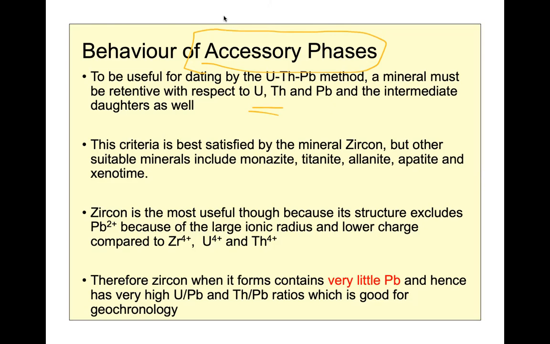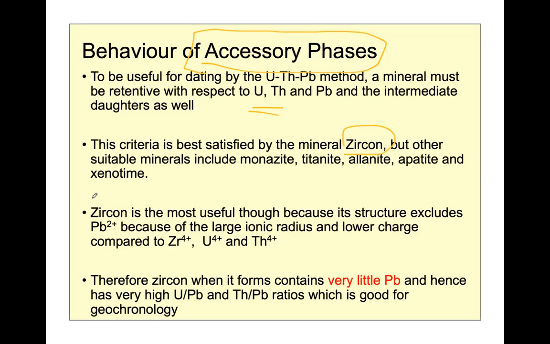Still, they contain some amounts of uranium and thorium, but the amounts are not sufficient so that you don't get a reliable determination. So maybe the error or the uncertainty is very large because detecting very low concentrations is very difficult in mass spectrometry, right? Very low concentrations will give you very high errors. When the concentration is low, you get high errors, right? When the concentration is high, you get small errors, right? So therefore, this is a useful way to use accessory phases like zircon or monazite,